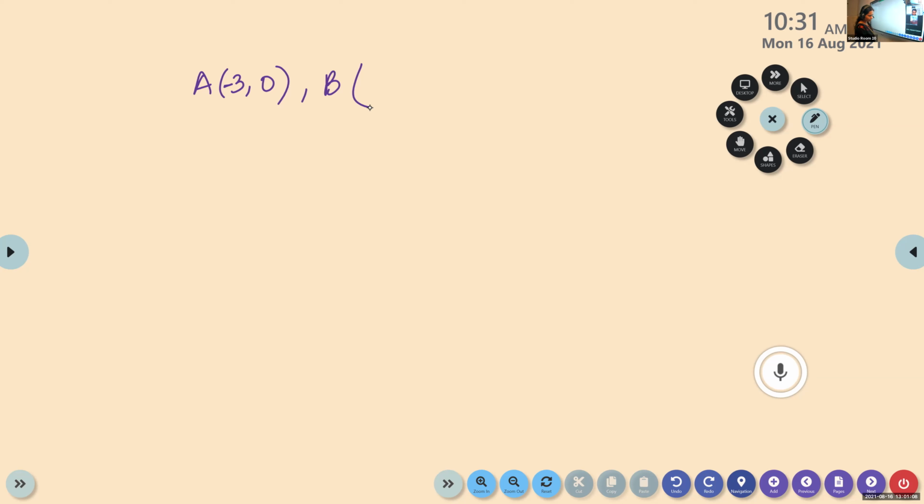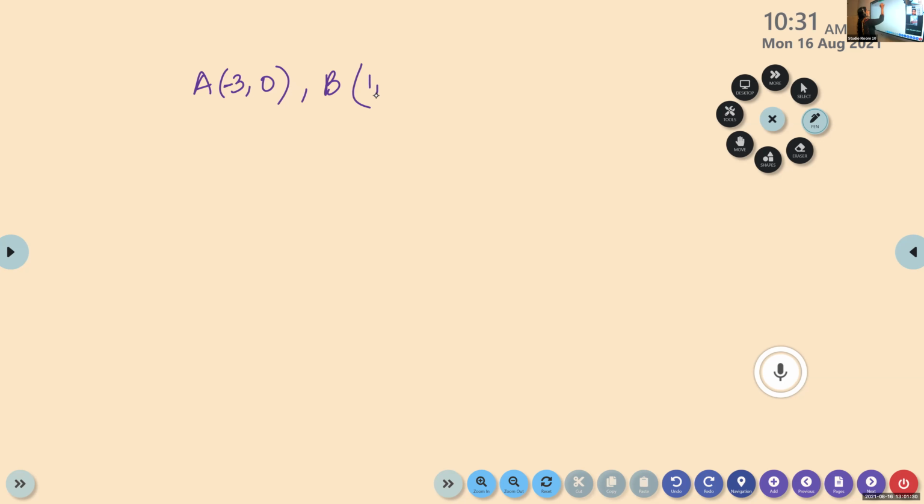Ma'am, did the last question finish? Which question? The distance one. Yes. What was the answer? What is the answer you got? I got root 73. Yes, that is the answer. Only that much you have to do. We can't take the square root, isn't it? It is correct, Melvin. Okay.